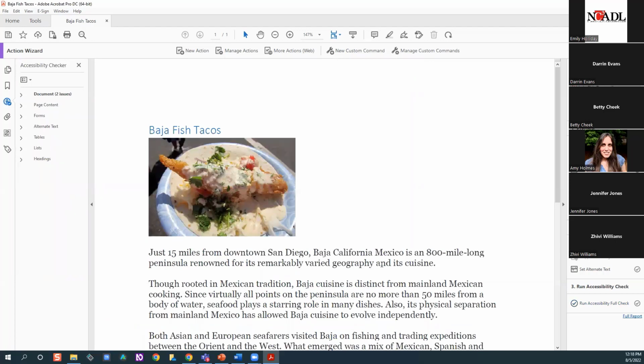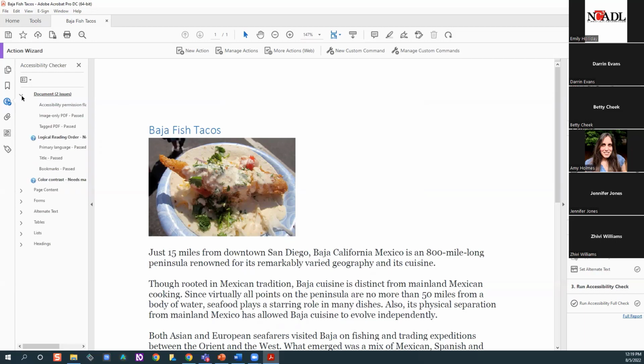Now, remember earlier when we first started, I said that these automated accessibility tools would miss things, and they're not the ultimate determination of what is or is not accessible. That's going to be you, a person. Because I don't care how many times we check PDF accessibility, how many times we create accessible Word documents, this automatic accessibility checker is always going to miss two things. It's always going to miss color contrast and reading order, and we'll talk about those in a second,